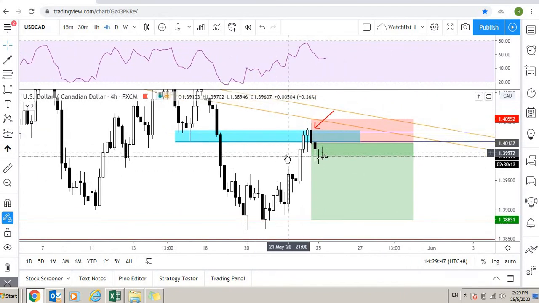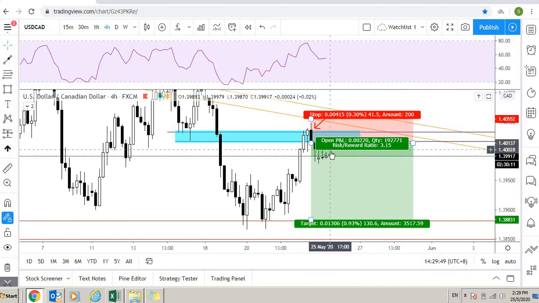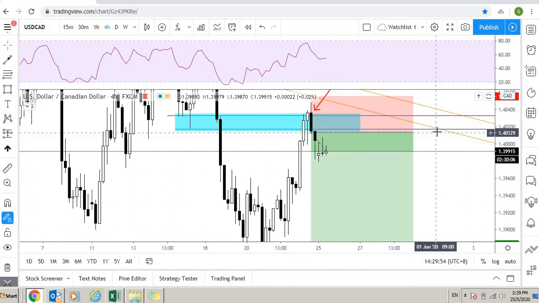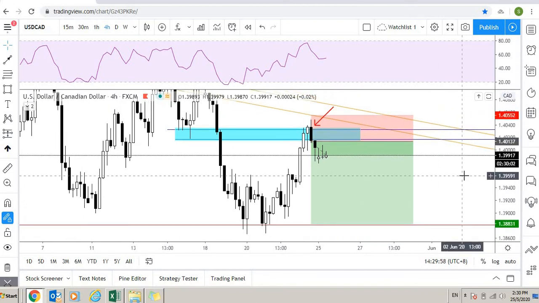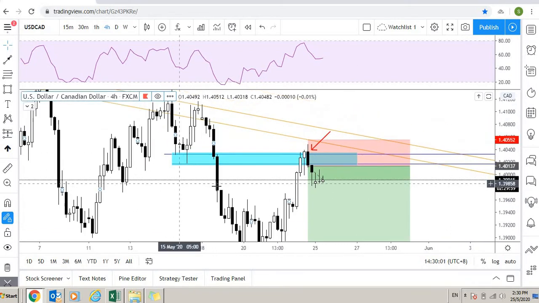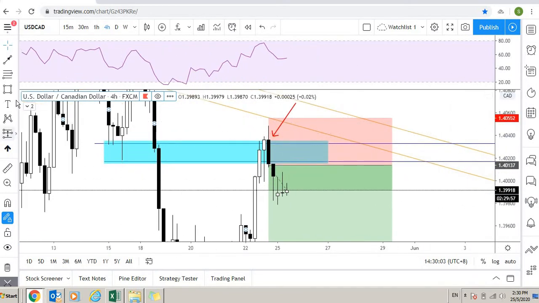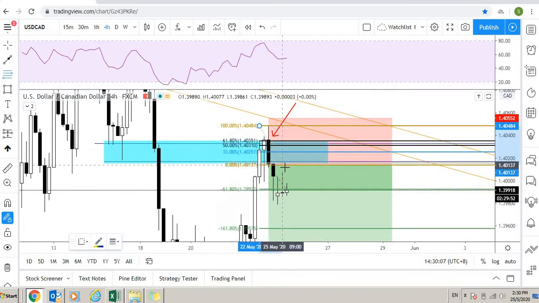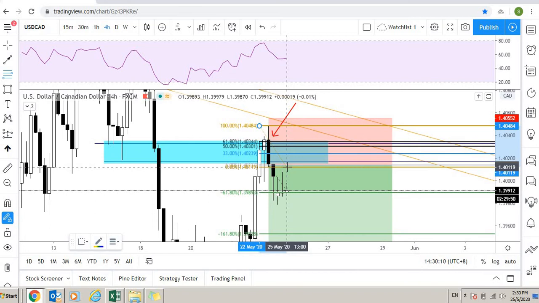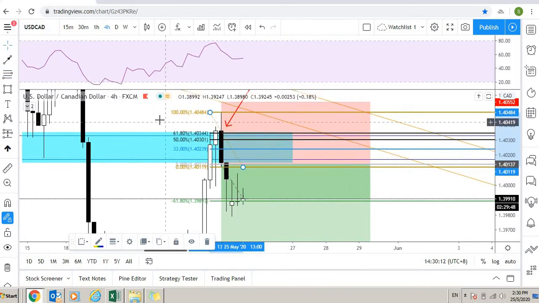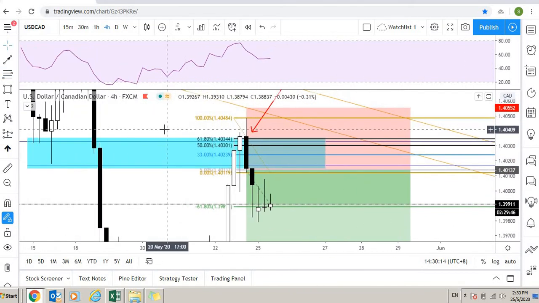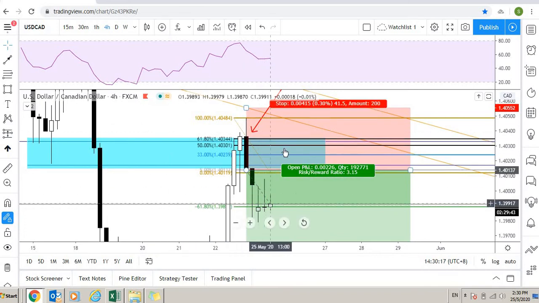What you can do now is maybe wait for a pullback to this level. You can put a pending order here, or you can trade by using Fibonacci. If you want to trade by using Fibonacci, I will suggest you check on this bearish bar. For this bearish bar we can use a strategy of pullbacks, and let's say the price eventually hits this,